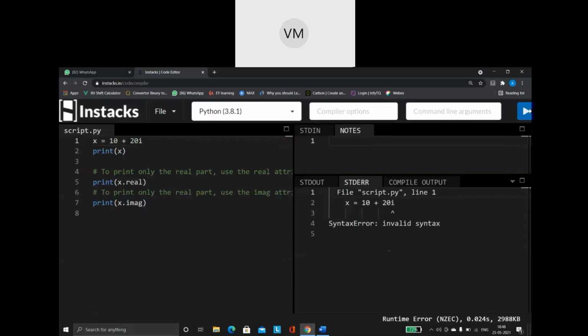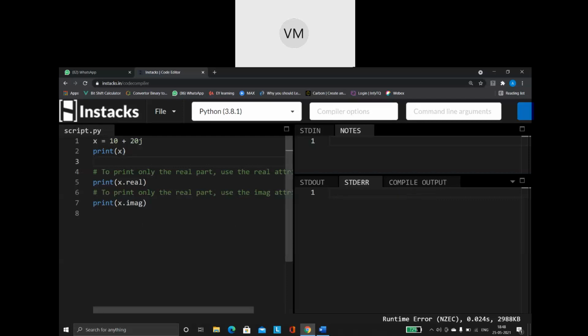What is your doubt here, Ramanju? Ma'am, you thought I would be taking it as an imaginary number.